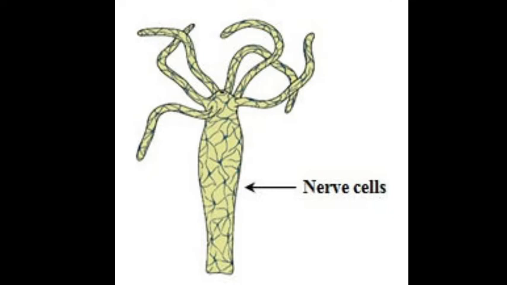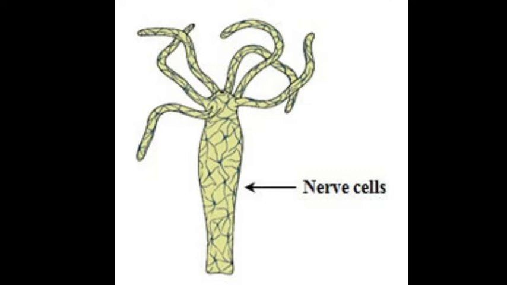In the last lecture we described control and coordination in plants, at the topic of nastic movement. I hope you all know about nastic movement. Here we take a quick revision about nastic movement. So what is nastic movement? The movement of a plant part in response to an external stimulus in which the direction of response is not determined by the direction of stimulus is called nastic movement.